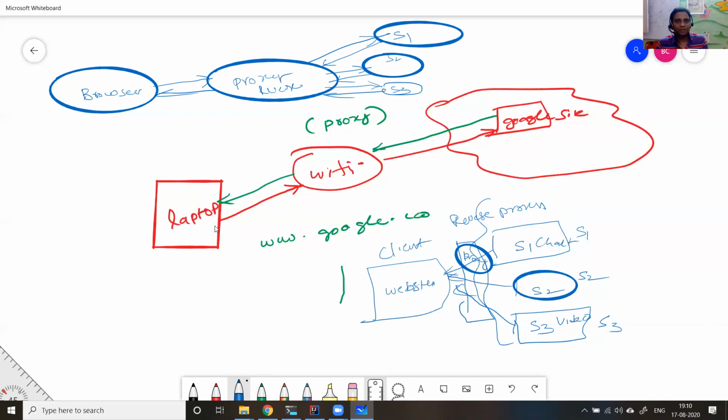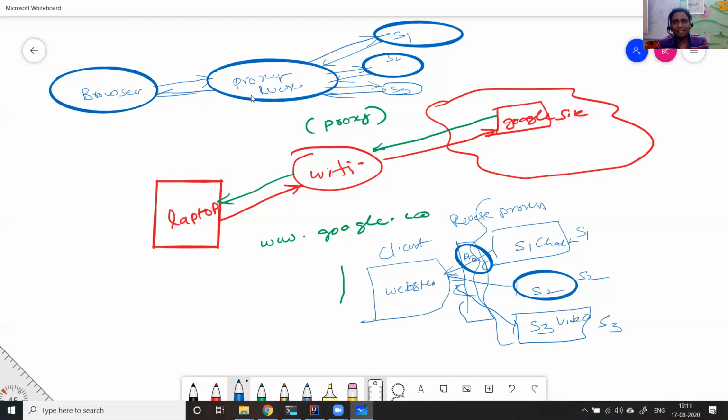Okay, now you understood a reverse proxy, right? So what are the advantages of a reverse proxy? Why do we need it? You are hiding your underlying web servers. A reverse proxy does so many jobs. Like if a particular server is down, it routes requests to only S2, S3. If you have three servers and a particular server is down, the next requests are automatically served by the other servers. Like a load balancer, it can play the role of a load balancer as well. If a load comes, it gives it to other servers. So it makes your website highly available.